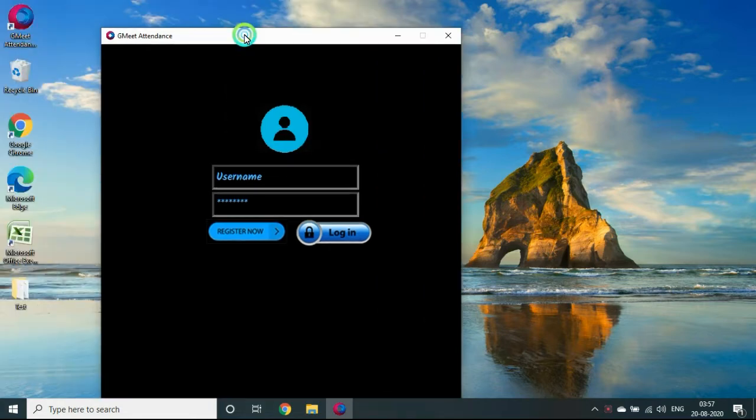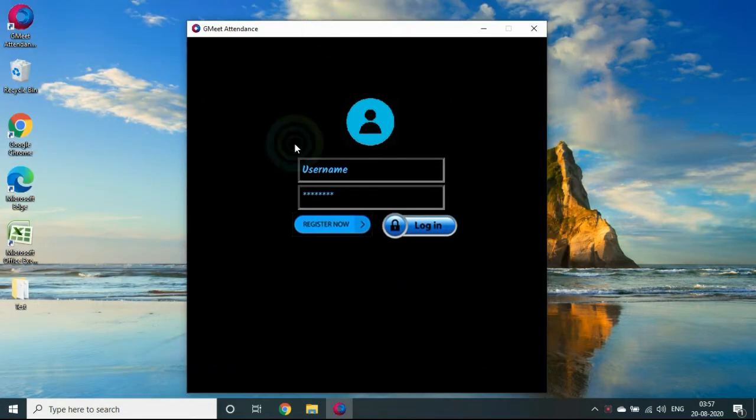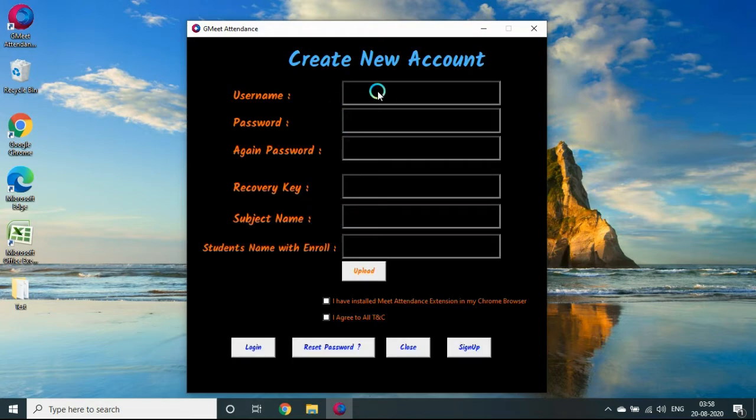Now it's open. Here we got the login window. In the left hand corner, there is an option of register now. Because I'm a new user, I need to create an account. So click on register now. Here you need to fill the username. Let me write my username and type a password. Let me type a password. Type password again